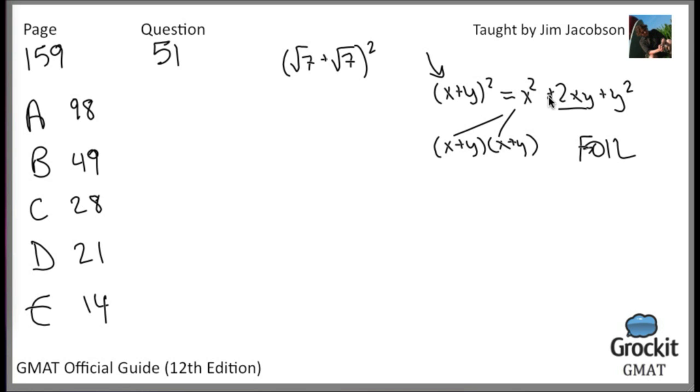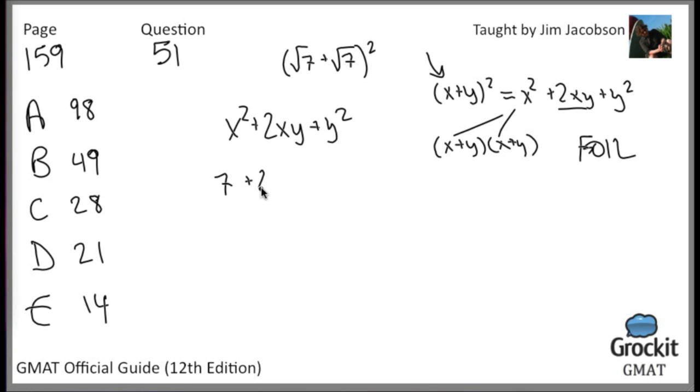So this one is going to follow exactly the same format. X squared is going to be the square root of 7 squared. When you square square roots, you just get the original number. So let's actually just write this again over here so we can keep the terms straight. That's what that's going to equal. So this is square root of 7 squared, which is 7. 2 times x times y. So our middle term is going to be 2 times 7 again,